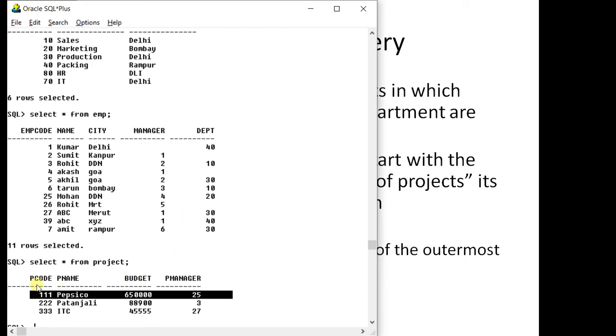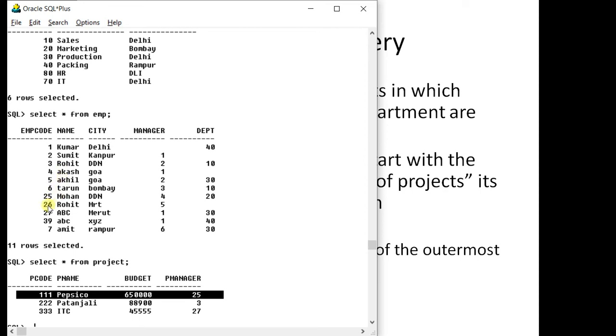How will you do it? First of all, the outermost part, as I said, select star from project where the manager code should be present in the employee table. It means the manager should match those employee codes which are present in the employee table.